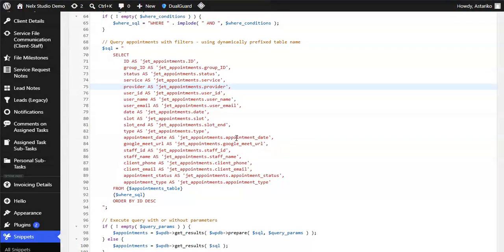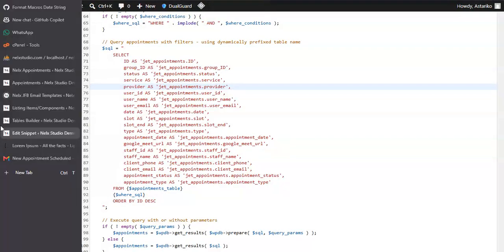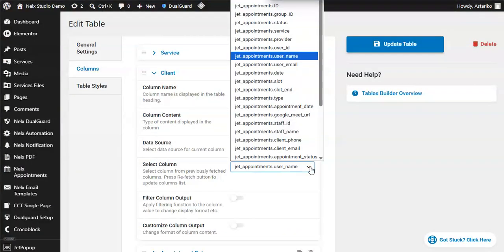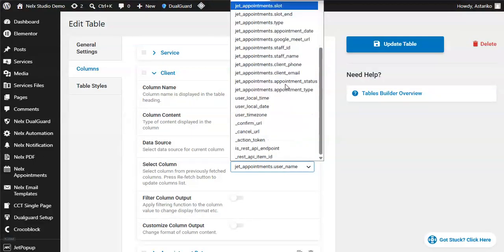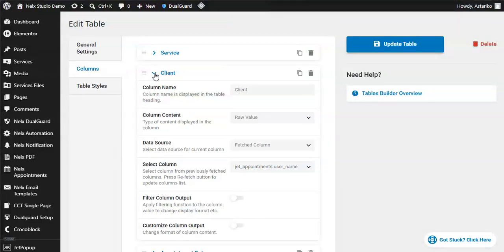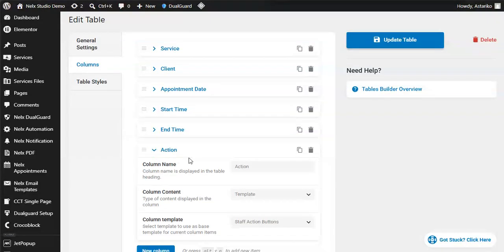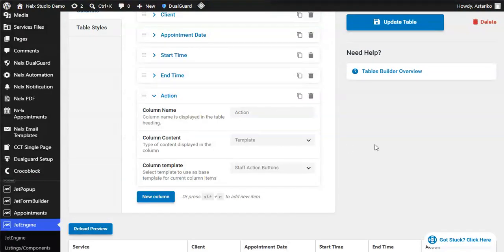So if you need to add any column in this drop down, then you will have to add it in that REST API code for it to be part of the things that we have here. Is that clear? I hope it is. So you will do that for everything except the last one that I want to show you now. These action buttons